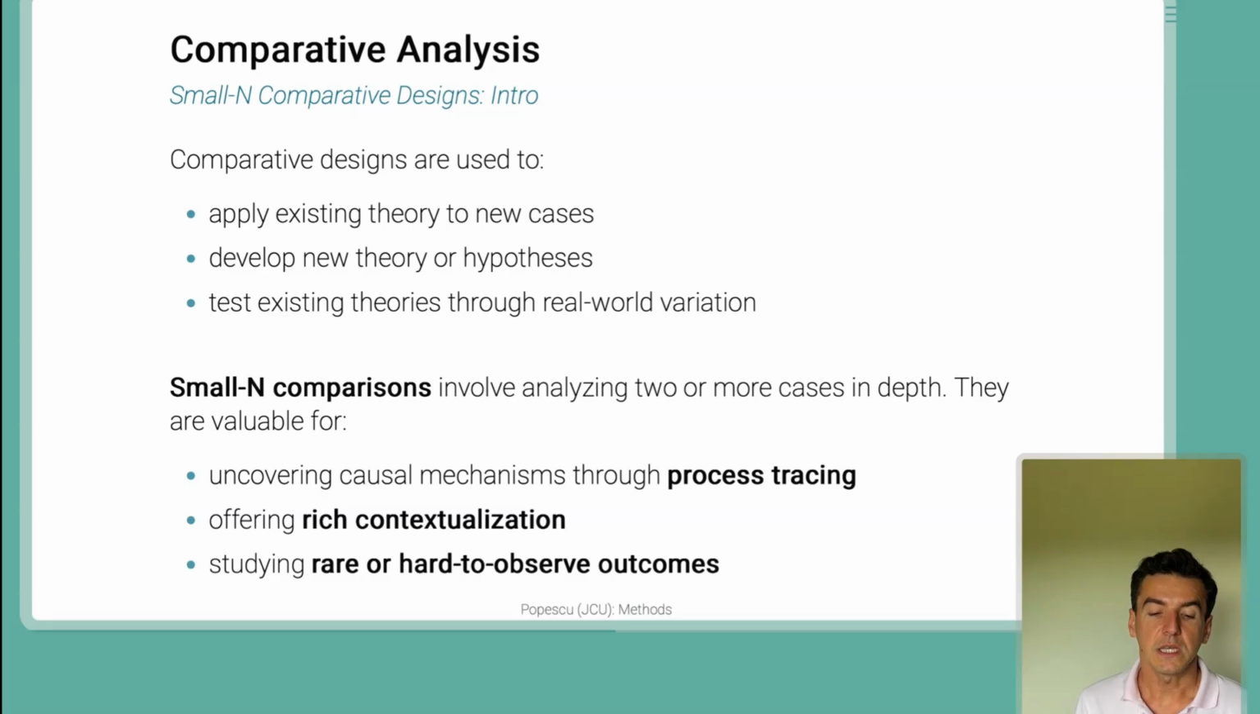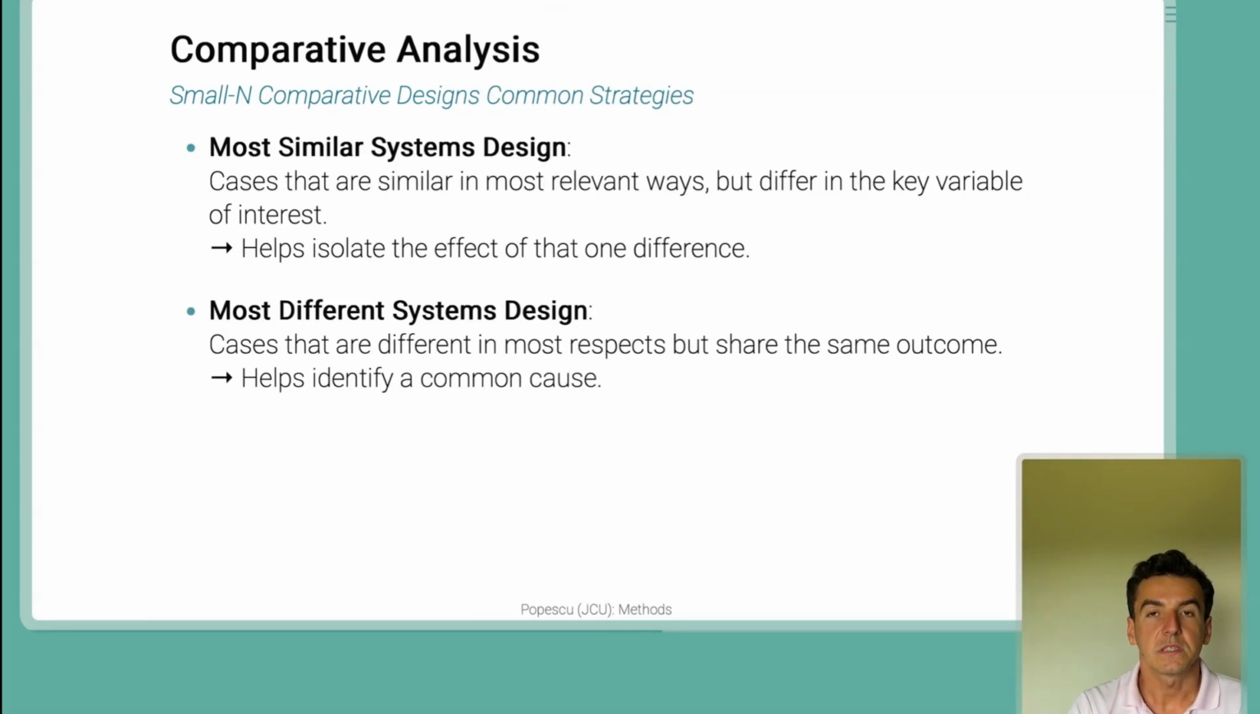It's also helpful to study hard to observe outcomes, right? So here you also have the distinction between most similar and most dissimilar research designs, or most different systems design. So what does this mean? This really refers to what kind of cases you're analyzing. Within a most similar framework, you want to look at cases that are similar in relevant ways, right? But they differ in maybe one key variable. The reason for doing this is because this allows you to isolate the effect of interest. This is different from a